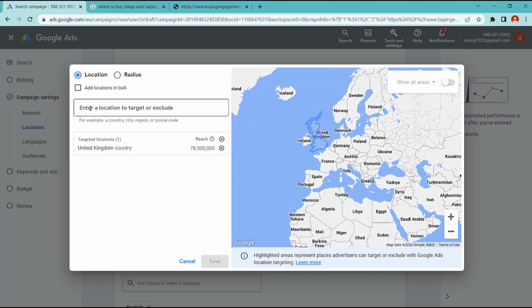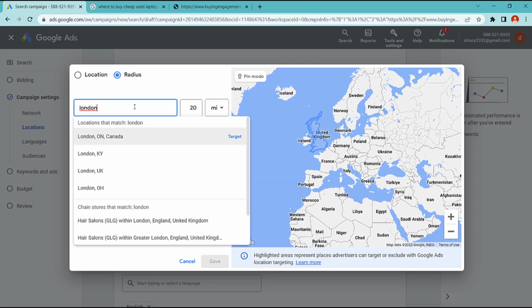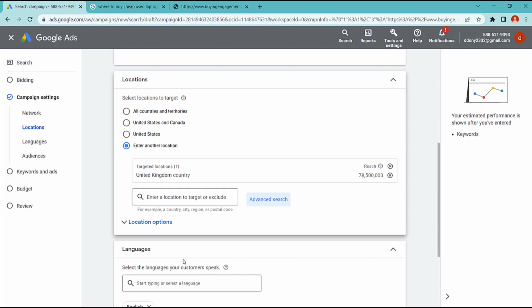In here you can enter another location, or you can use a radius, 20 miles. You can choose London, UK as a target location within 20 miles. Okay. Now we choose country, United States.